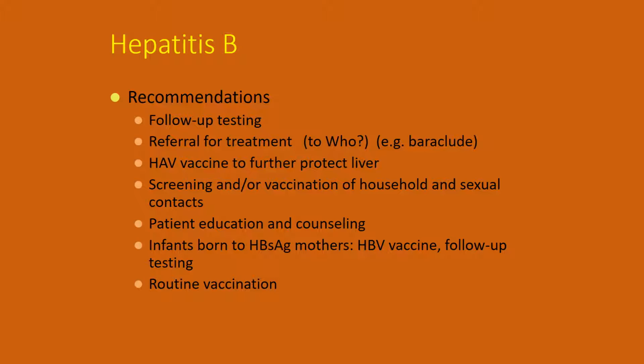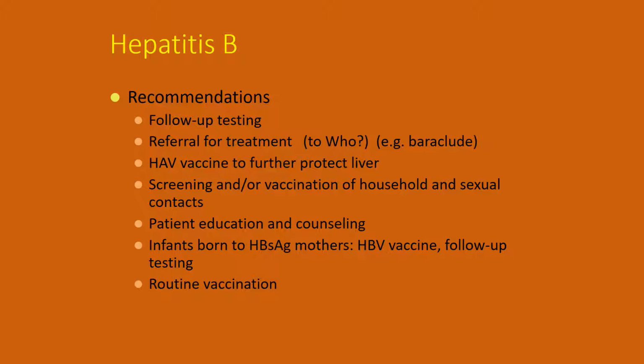So obviously when somebody has hepatitis B, interestingly, a percentage of patients will actually turn immune. Substantial number of people will turn immune rather than go chronic. So if you have hepatitis B, then you definitely want to have follow-up testing. Make sure you turn surface antigen negative. Make sure you do not have evidence of chronic infection. If you don't, then you don't need to do anything else. You will be immune. You will develop surface antibody positivity, which will infer lifelong immunity, just as you would from the hepatitis B vaccine.